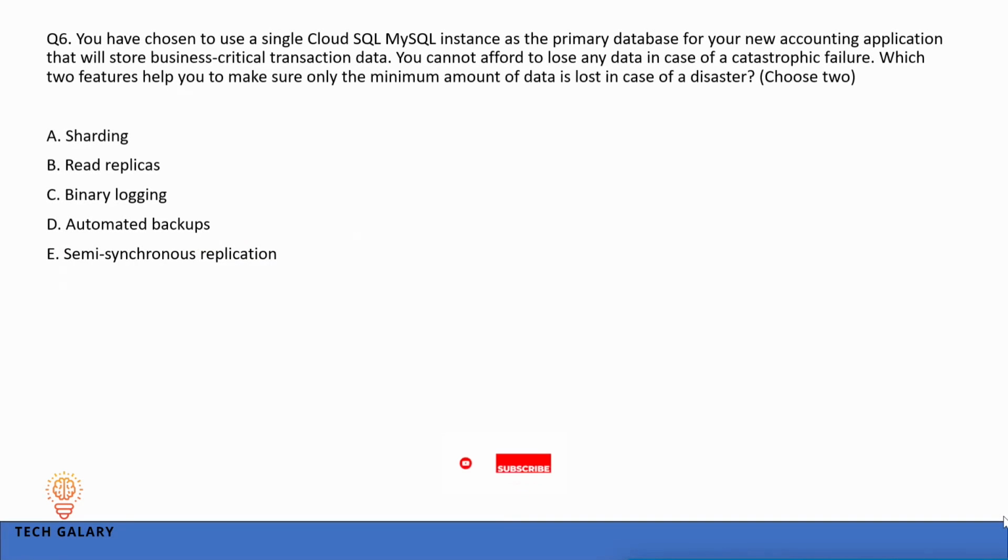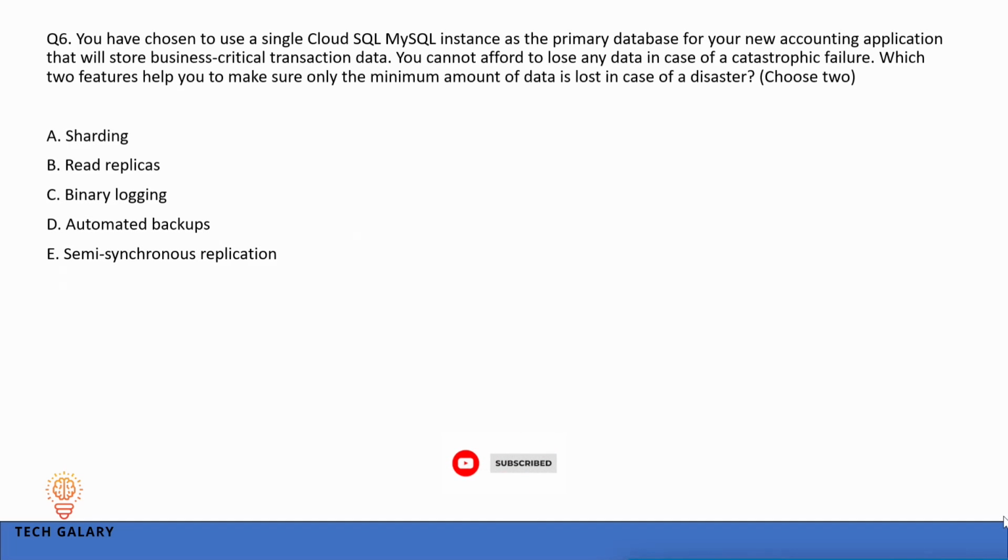You have chosen to use a single Cloud SQL MySQL instance as the primary database for your new accounting application that will store business-critical transaction data. You cannot afford to lose any data in case of a catastrophic failure. Which two features help you to make sure only the minimum amount of data is lost in case of a